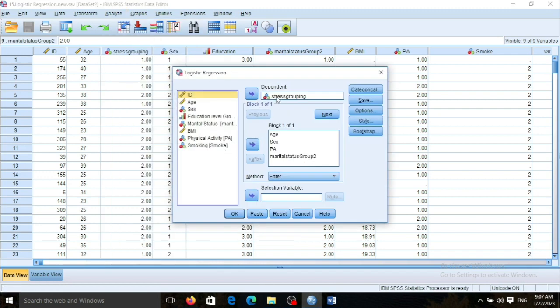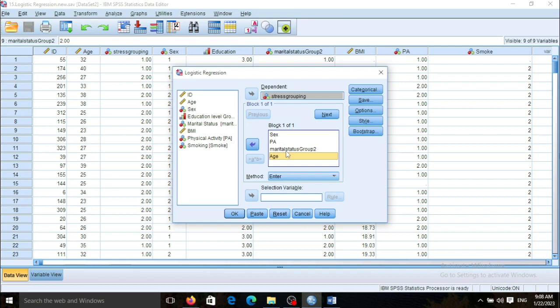As you can see here, I have inserted stress grouping in the dependent list. You can just select it and use this icon here to send it here, and I have sent age, sex, and physical activity and marital status in the